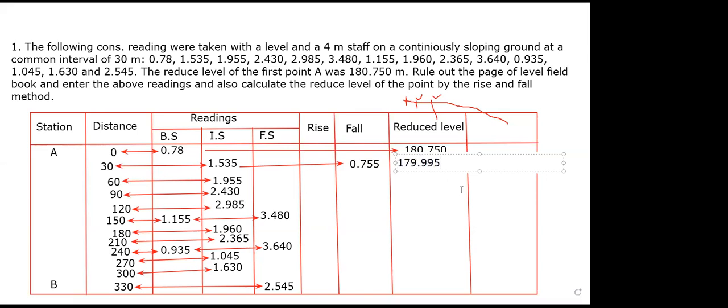179.995. अच्छा, कलिमेशन मेथड में भी देखो, कलिमेशन मेथड में RL का वैल्यू क्या आया था? सेम ही था। ठीक है, सेम ही तो आएगा। सर, स्टार्टिंग में वो रिड्यूस लेवल कैसा है 180.750? तो क्वेश्चन में है, clear रहेगा। The reduced level, यहाँ पे देखो एक मिनट, the reduced level of the first point A was 180.750. अच्छा, next fall बताओ, value of fall 0.42. Calculate करके रखो।